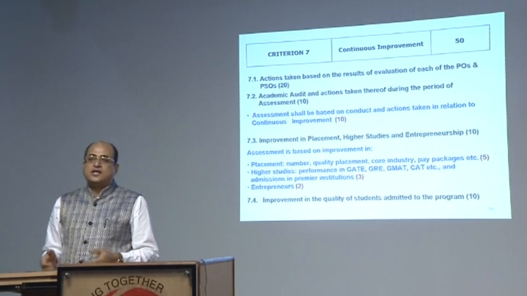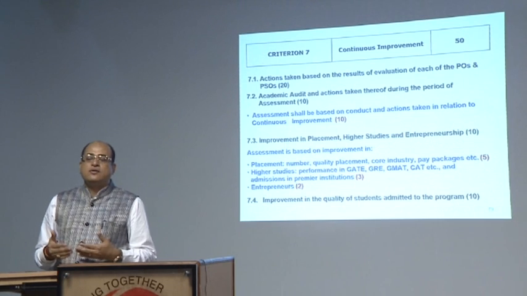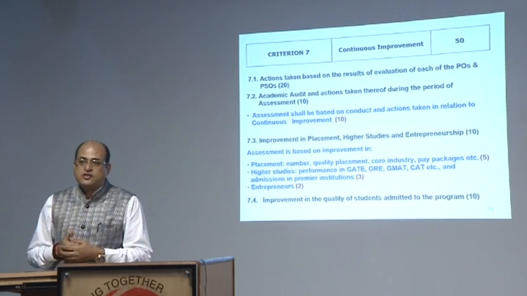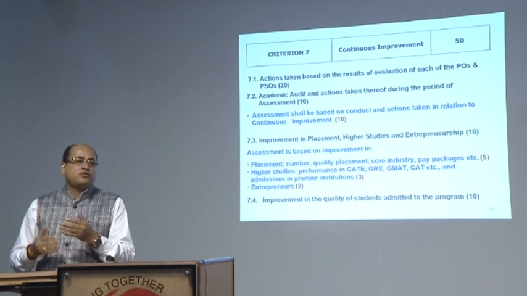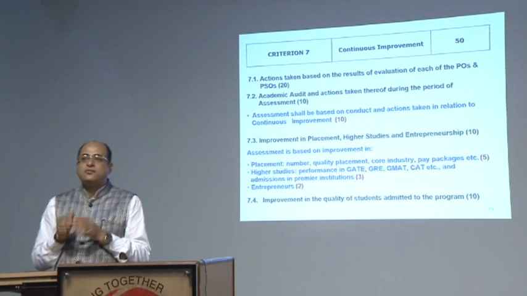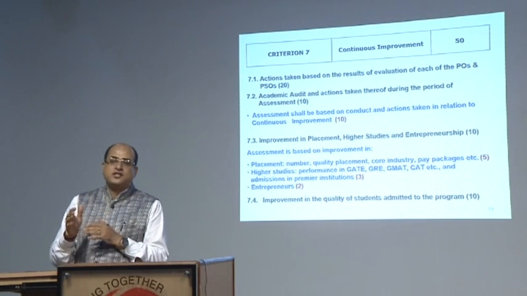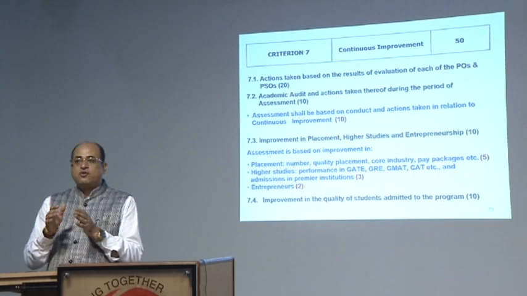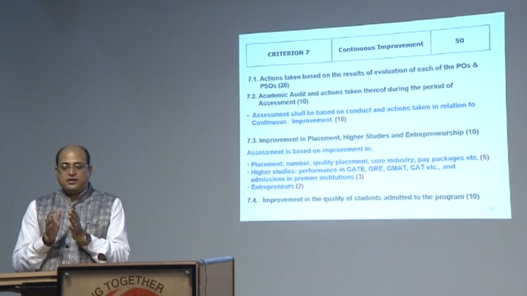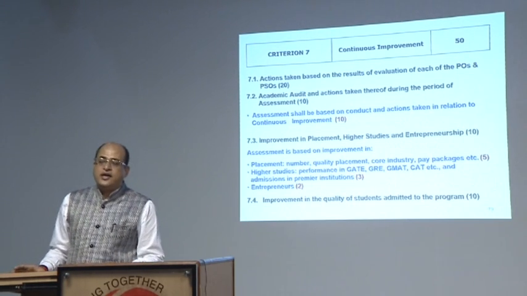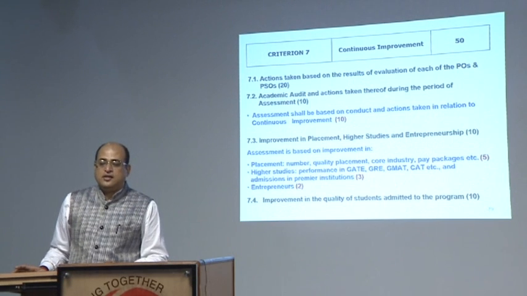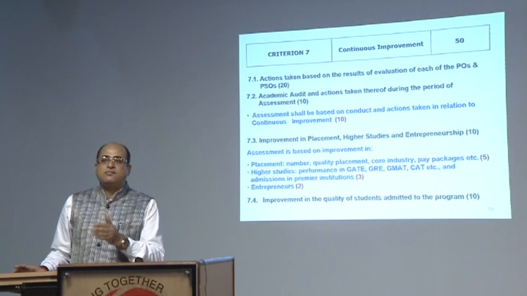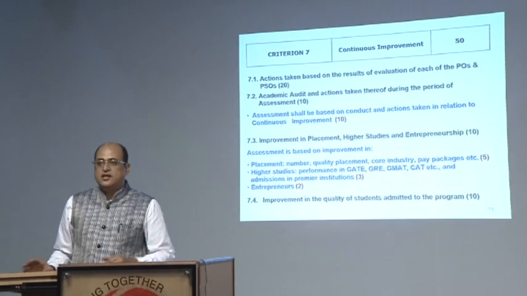If the admission is through, for example, JEE main score, admission is through state government score, admission is a combination of 12th, JEE and state, whatever admission mechanism a program as per the state government guidelines is having, program needs to identify that data, analyze that data and indicate to the evaluators and to themselves that each year they are able to get a better quality students as a part of continuous improvement from the intake perspective.